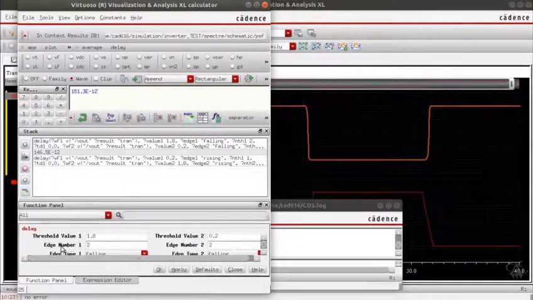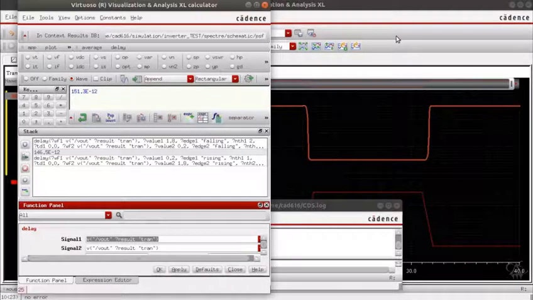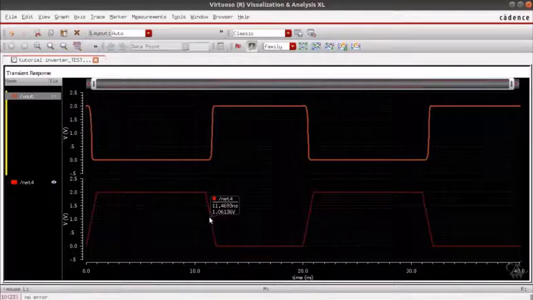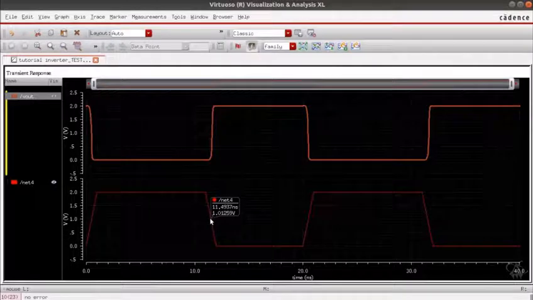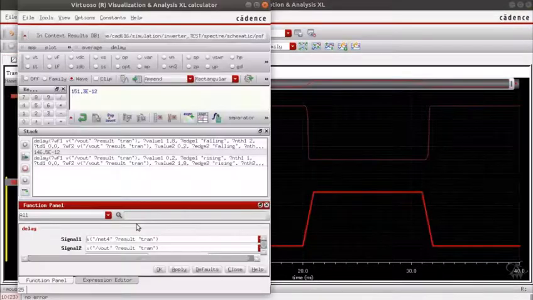So now to calculate the propagation delay of your inverter, we have to measure the input at 50% of VDD and measure at what time we get 50% at output. So for that we have to select our input signal as signal 1, that is 50% of VDD, and the time that the output takes to reach 50% of VDD.